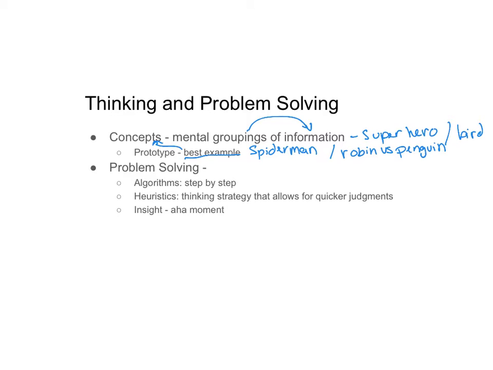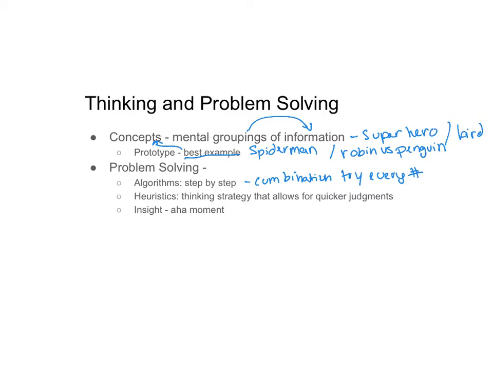Now, what do we do when we try to solve a problem? And this goes beyond just math problems, but you can think of math when you think of this as well. When we have a problem, there's 3 ways that we tend to go about it. The first is an algorithm, step by step. So we think of, for example, if we have a combination, we may try every number